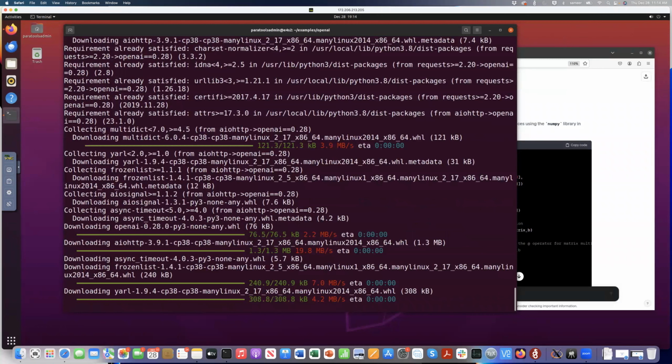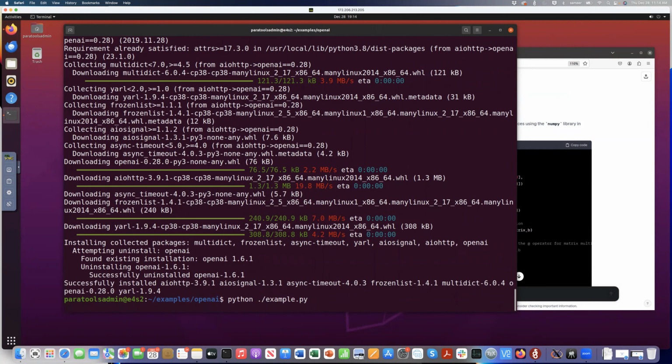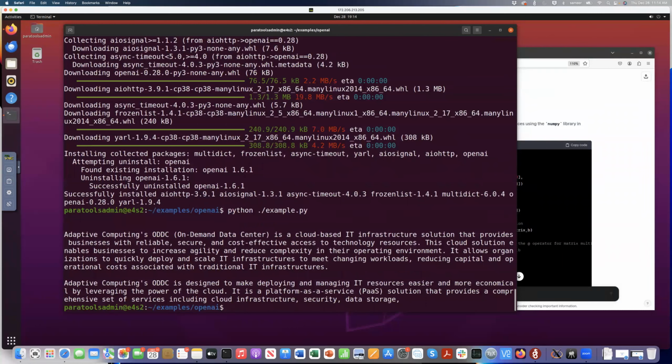And then it installs this. Let me try python example.py again. And there it is. So I just installed a specific version of the OpenAI package, and I just said python example.py,